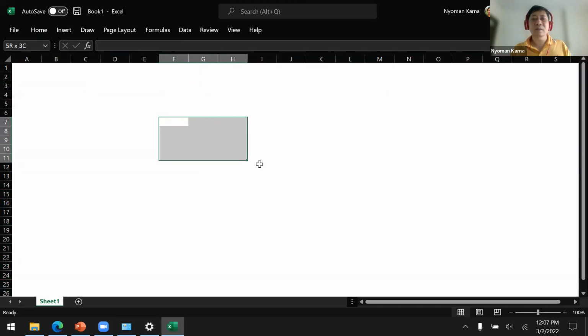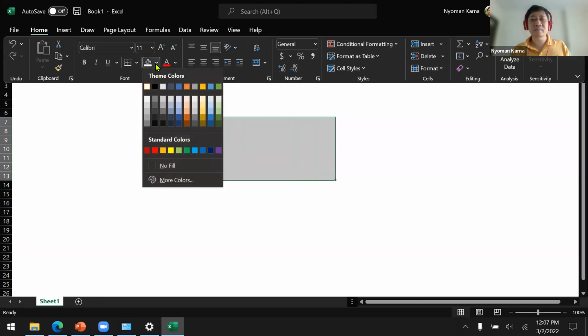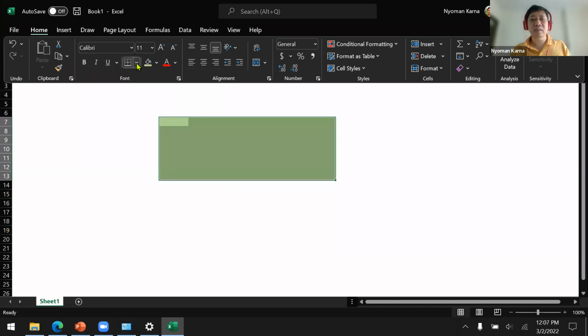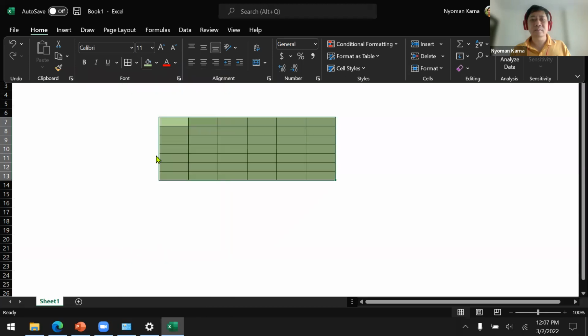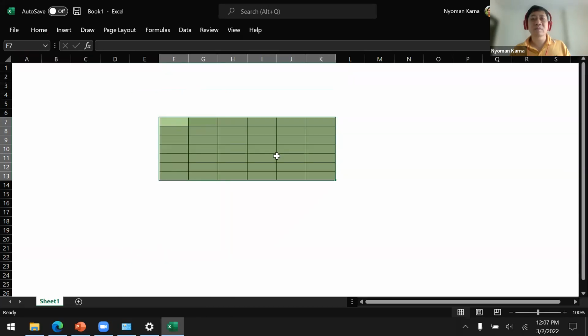Now, let's think about this as the inside of the memory. Okay, so this is inside the memory.